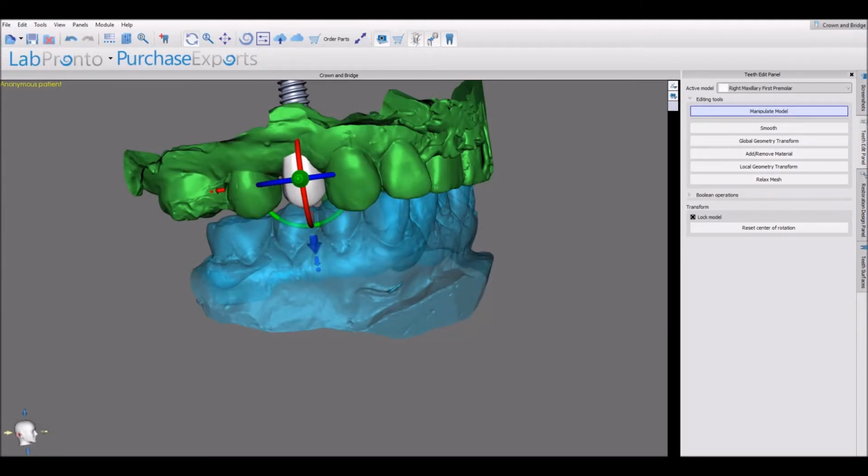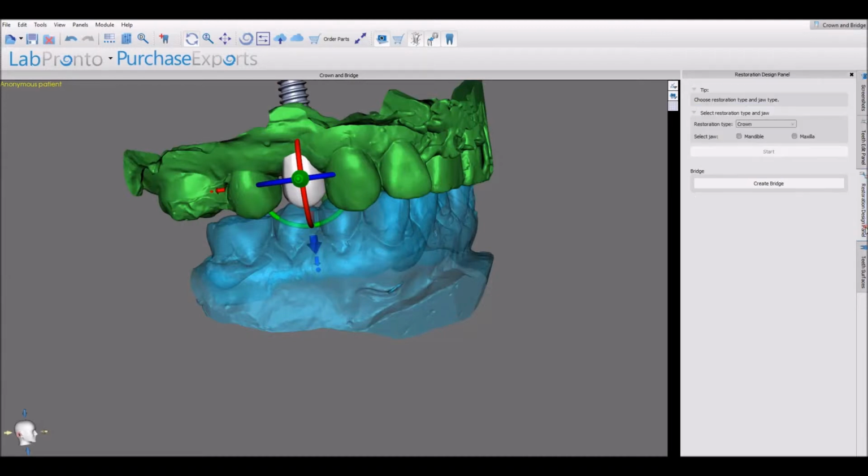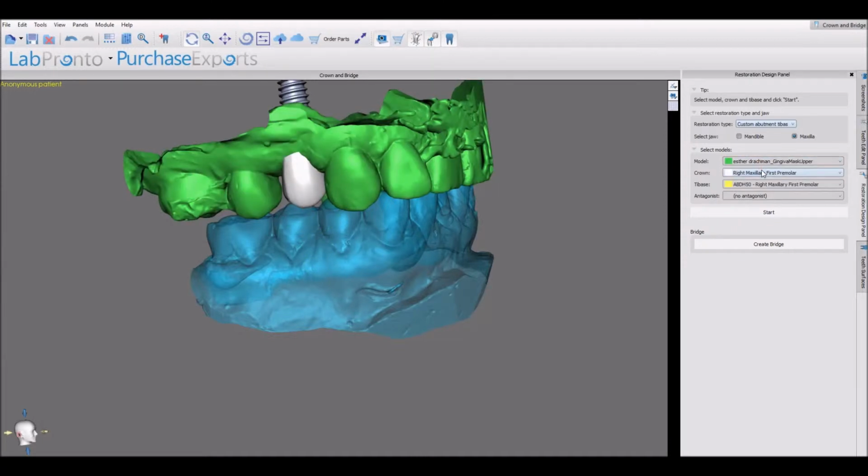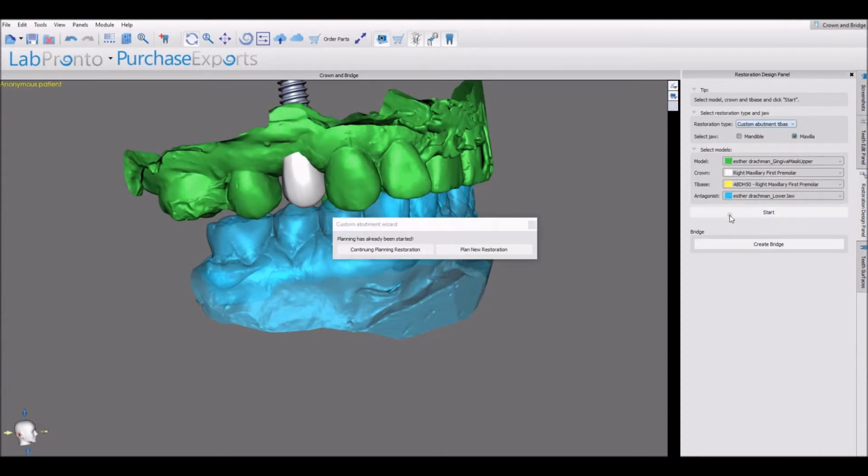Once we're happy with the tooth design and the positioning, we could go to Restoration, Design panel, choose the restoration type for custom abutment titanium base, select the relevant jaw, and then confirm the settings. The model is our green upper model, the crown is correct, the titanium base is correct, and the opposing arch. We will now click the Start button, choose Plan New Restoration,